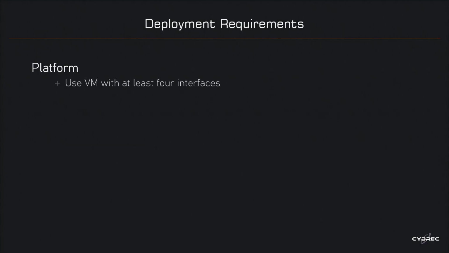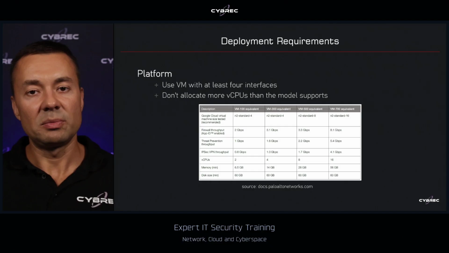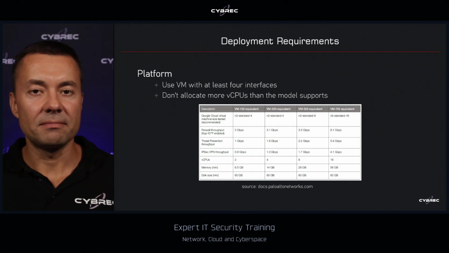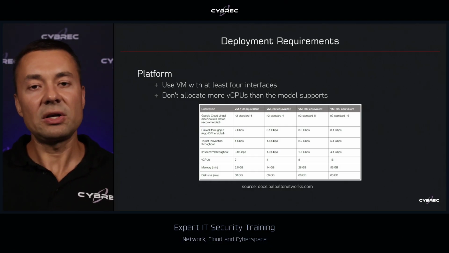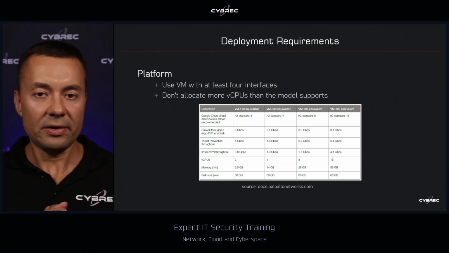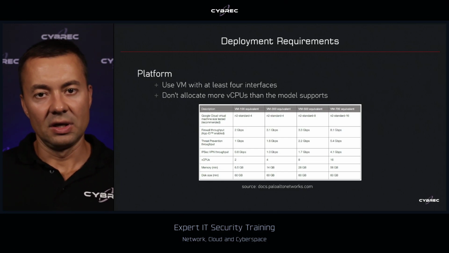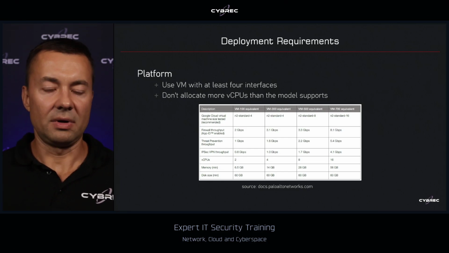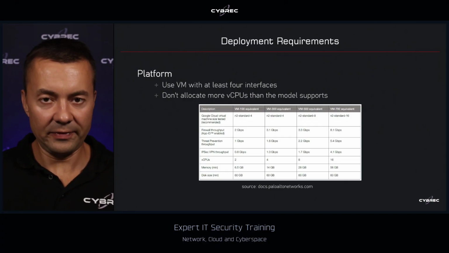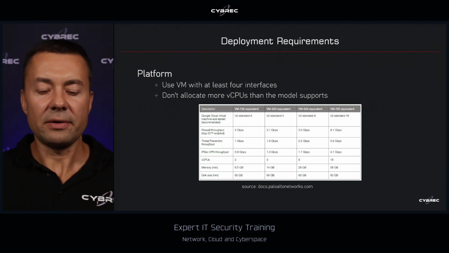In terms of the platform choices, the main thing to remember is that we want to select a virtual machine type that supports at least 3 interfaces. The marketplace deployment requires the firewall to use at least 3 interfaces: one for management, one as the public network, and one as the private network. So we've got this management interface on trust, an external public interface, if you will, and then a private/internal interface on the